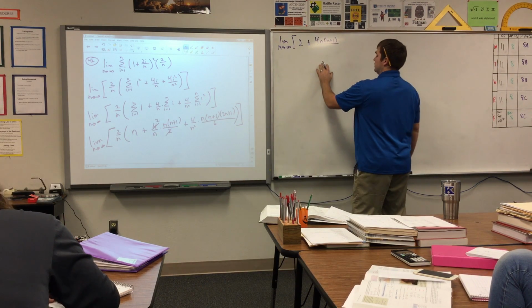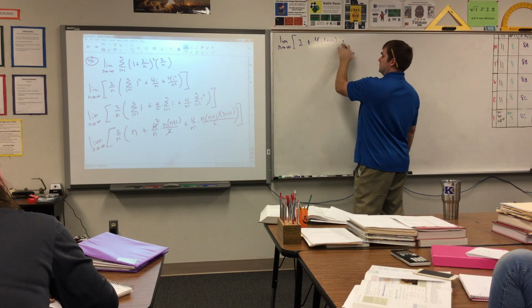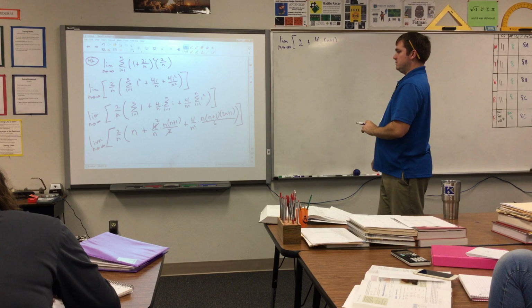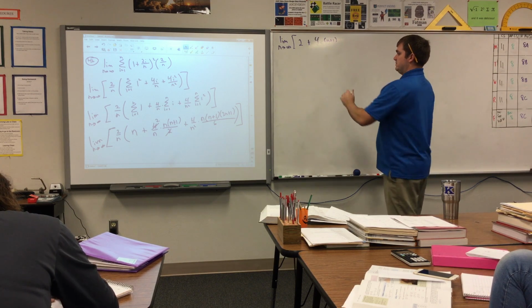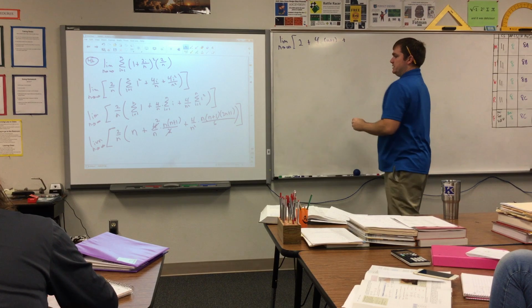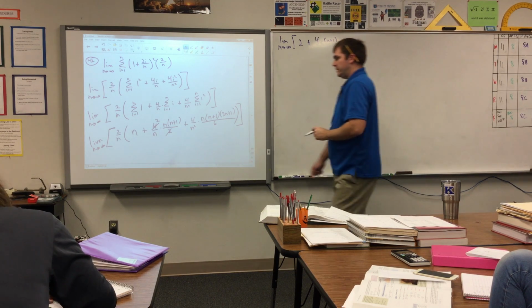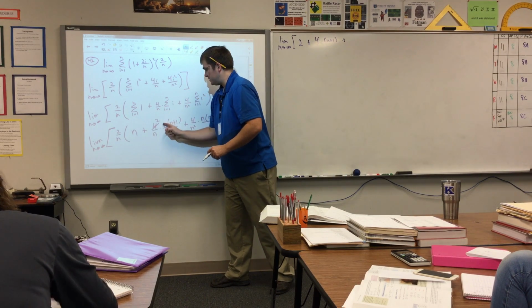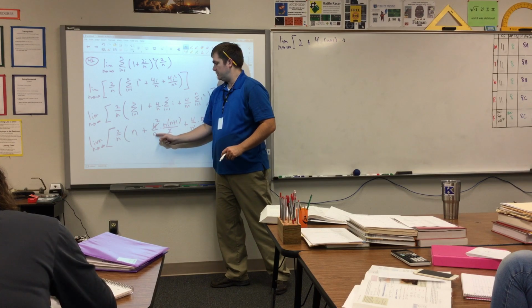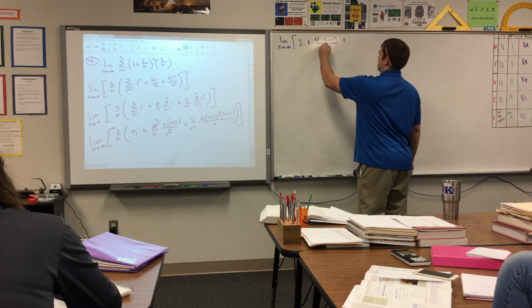Just 4 times n plus 1. What happened to the n underneath? Oh, you're right. Yeah, that n cancels out that n, but I still have that other n out there. I forgot about that one there. So yeah, so this is 4 over n times n plus 1, plus